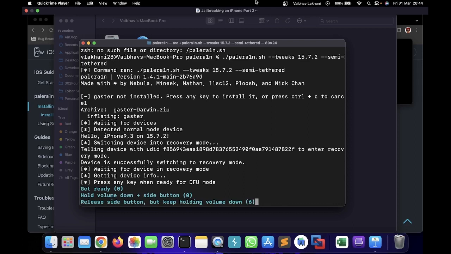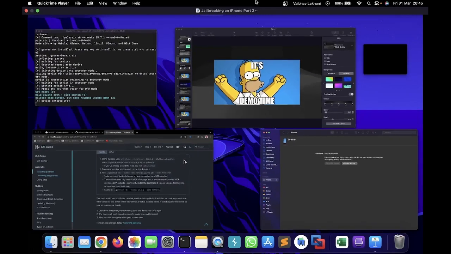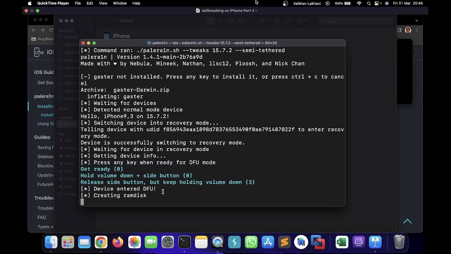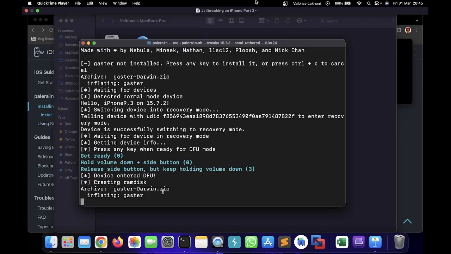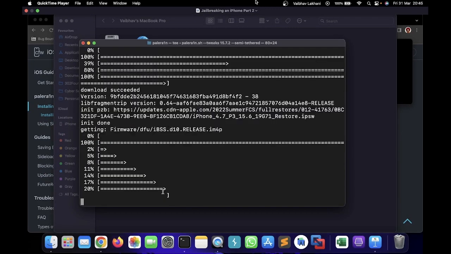After doing that, you have to release the side button and keep pressing the volume down button for the remaining 10 to 11 seconds. Once that is done and it is perfect, you would be seeing something called "device entered DFU mode." And now you just have to